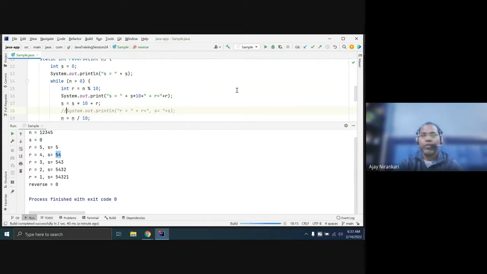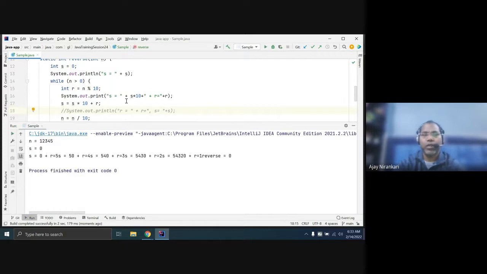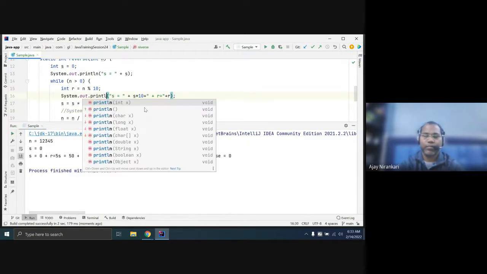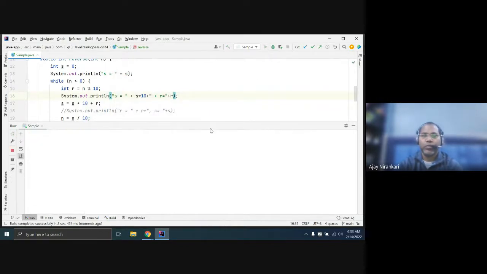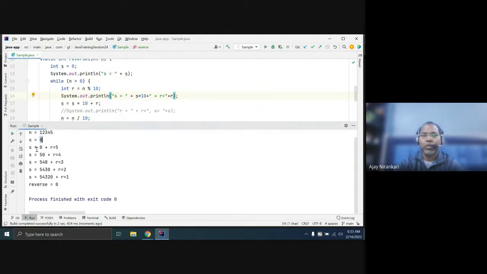So in this simple way, initially you are getting one value. Okay. So initially you have a 0, multiply by 0 means you are getting the 0, but remainder getting 5. Just you plus it.